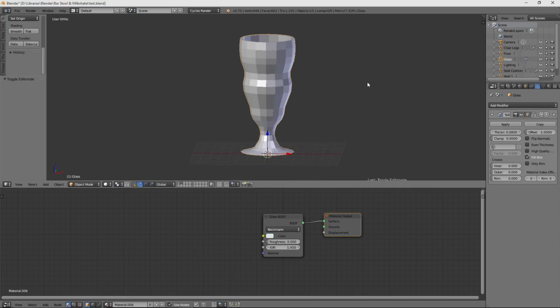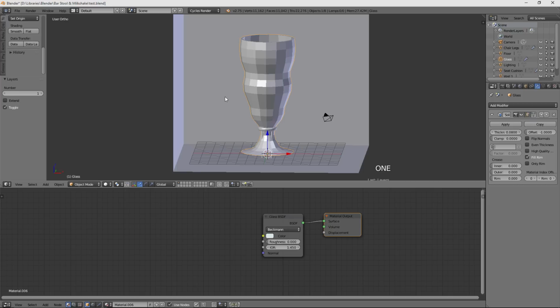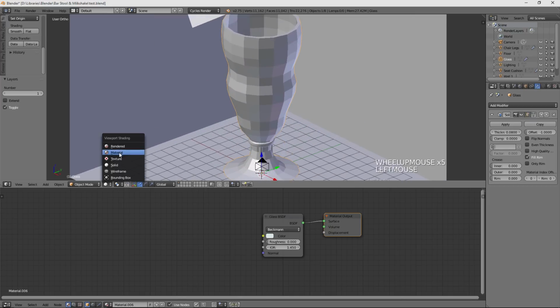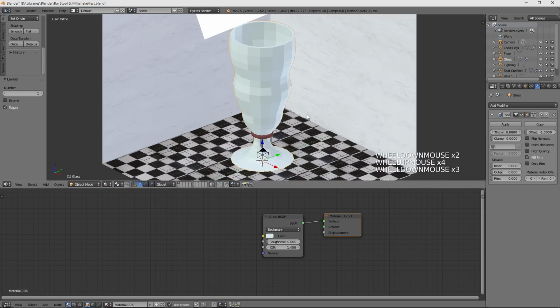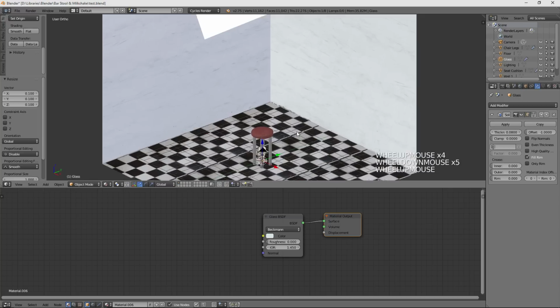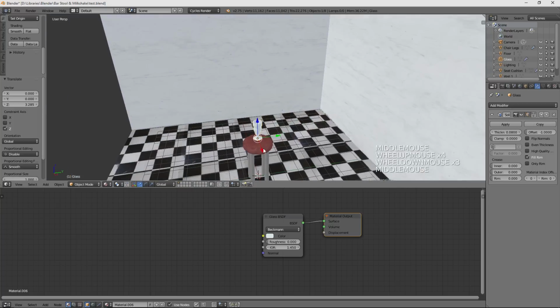So we can move it back into the previous scene. If you recall, we're in object mode, so I'm just going to hit M, hit 1, and then go back to layer 1, and you can see our, I'm going to go to materials here. You can see our glass is ginormous. We're just going to scale it down to probably about 0.1 for its size. We're still in orthographic view. I'm going to hit 5 so that things look a little better. Grab Z, pull this up, and we have our glass now.